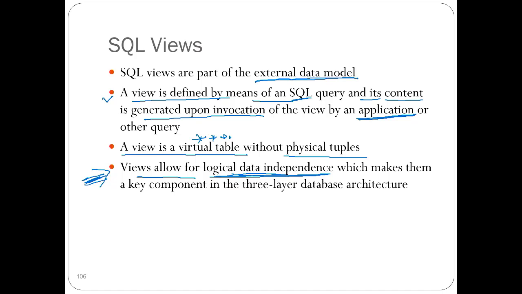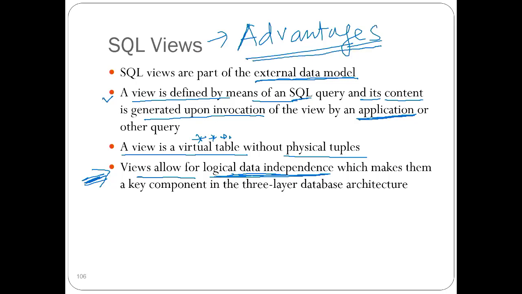Actually, views have a lot of advantages as well, which I think we don't have here, but maybe we can discuss a few. But before that, I'll make sure I finish what I have over here. One advantage, as you can see, is logical data independence,